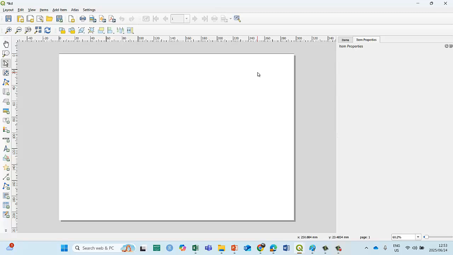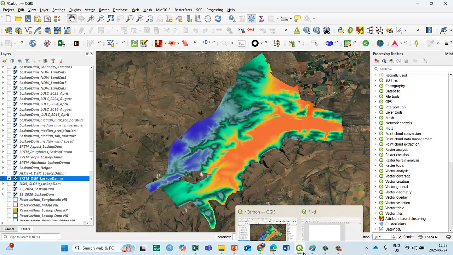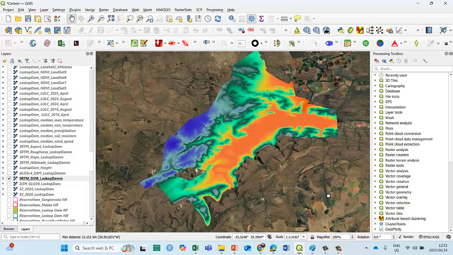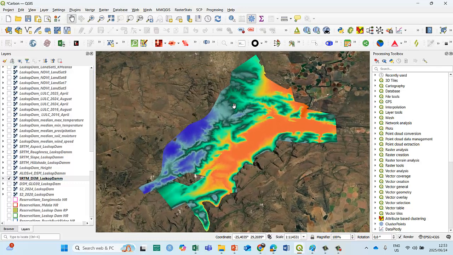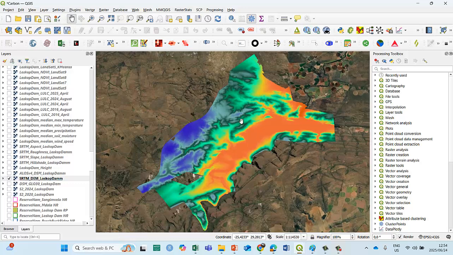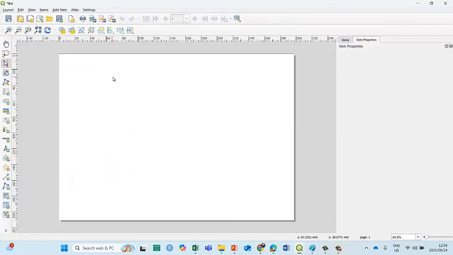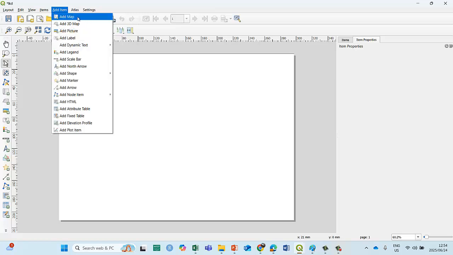So the first thing that we have to do is bring this image into our canvas. Make sure that it's properly laid out, not like this or like that, but an efficient, properly optimized layout. We go to our canvas again. The first thing we want to do is bring that picture in. So we're going to say add item. See there? Add item. And it's going to be a map.